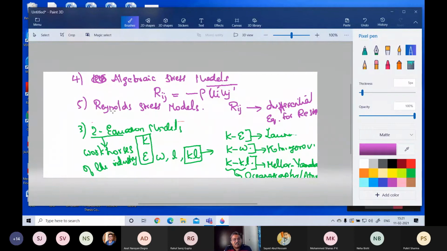So this is known as the Reynolds stress models, and nowadays the research goes on in Reynolds stress models. For example, if you see any of my papers or any recent papers from our institute, or anywhere in India or abroad, most of the work is done on Reynolds stress models. This is the one that we basically work on. It is more complicated than the two equation models, but not as bad as the next one that I'm coming to.